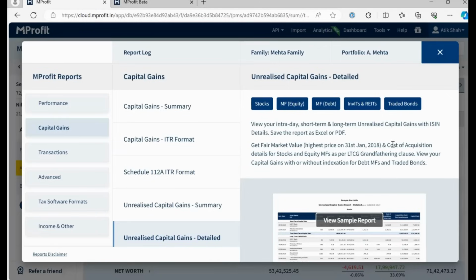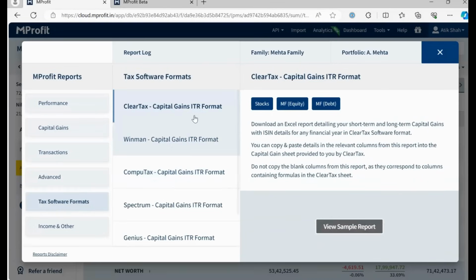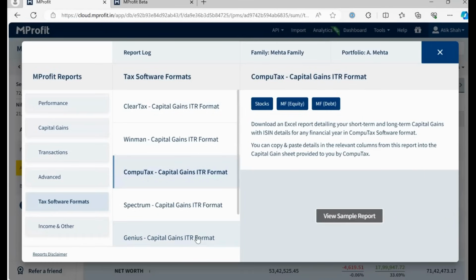Yeah, just one quick point before we move to the next section. So just like realized capital gains, there are some standard reports available from MProfit. We have tax software format specific reports available as well. So if you go to the tax software format section, you see different options such as Clear Tax, Winman, Computax, Spectrum, Genius, the various reports available.